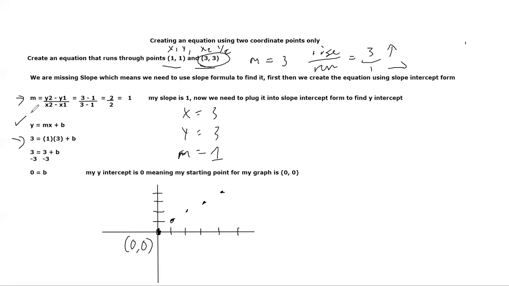Is that weird? It's 100% allowed. It's not that weird. But you just need to recognize that your initial starting point, the y-intercept, is going to be 0, which means we actually start at the origin in the coordinate plane. My y-intercept is 0, right? So we start there. And then, like I said, our slope is 1, which means that our